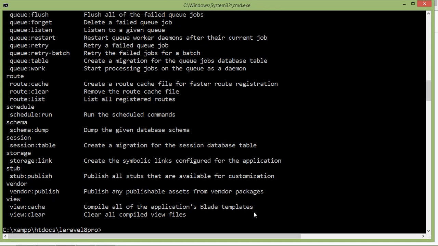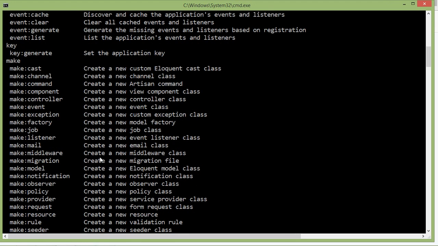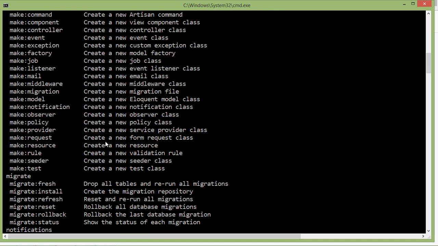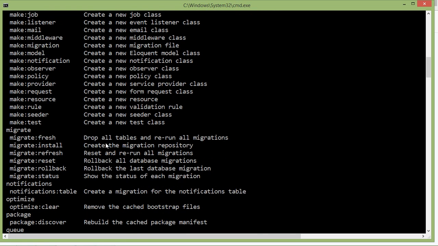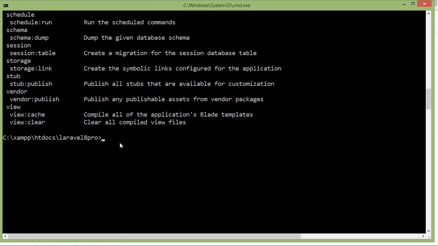And here you can see all the artisan commands. Using these artisan commands, we generate models, controllers, middleware, test cases, and many other types of files for the Laravel project. So now let's see how we can create a custom artisan command in Laravel 8.